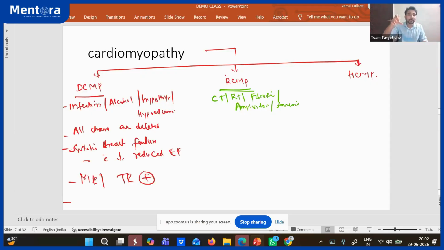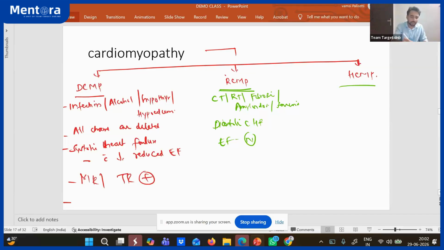Okay, because myocardium is unable to expand, what is going to happen here? So blood is not coming into ventricle. It's a diastolic heart failure. Very important thing. Okay, so here EF is always normal, systolic is normal, but diastolic ventricle is unable to get the blood because ventricle is unable to expand, so more amount of blood is not coming into ventricle, so it's a diastolic heart failure, right?